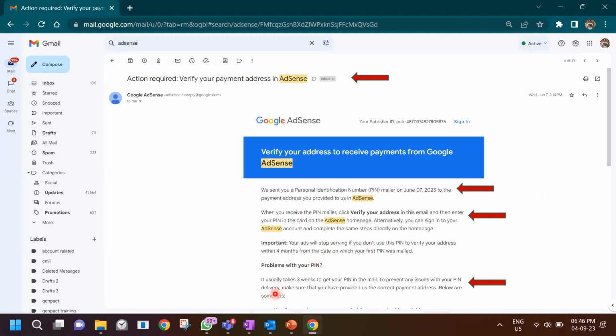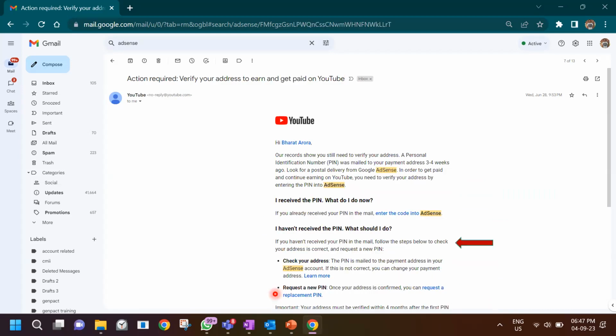It takes usually 3 weeks. It might take 3 to 4 weeks as well. So for me it was delayed, and what happens is they will also send you a reminder that we did send you a PIN. What you can do is you can request another PIN. So after 3 weeks, if you've not received your PIN, you can request another PIN, but that does not mean